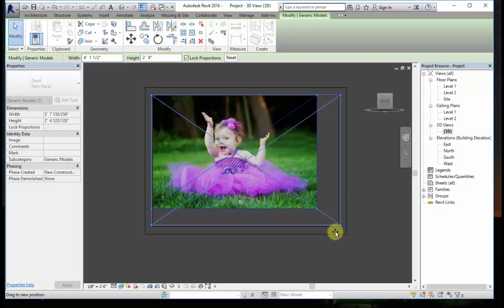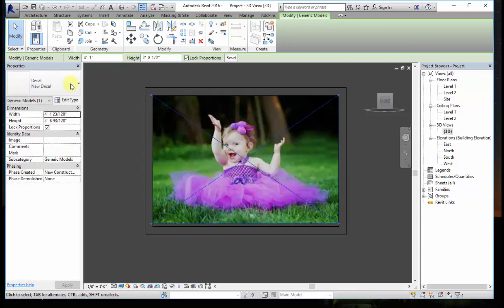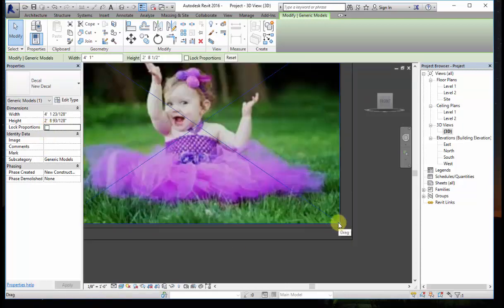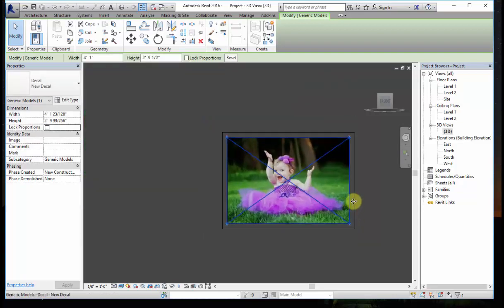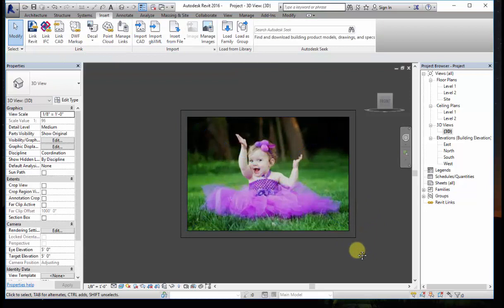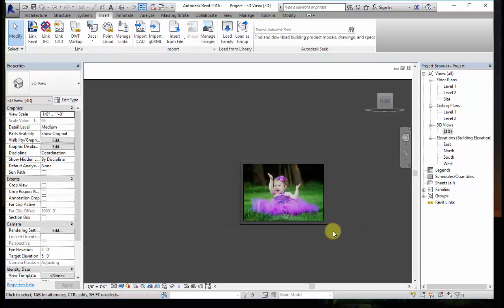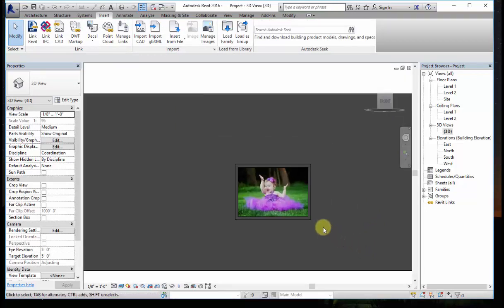But you can see it is getting uniformly scaled, and I don't want that. So I'll select this decal image, and in the properties window there is the option of lock proportions. Just uncheck lock proportions and you can scale it non-uniformly. You can adjust each corner like this. This is how you'll be placing a decal image.